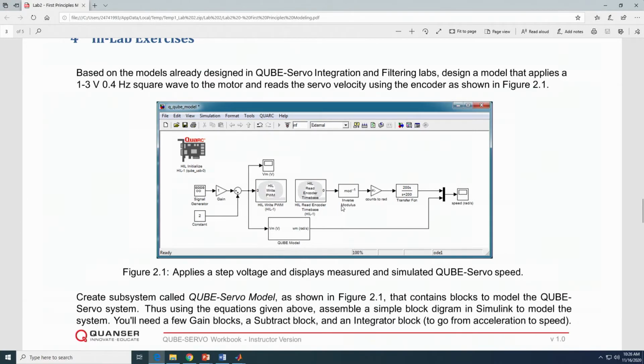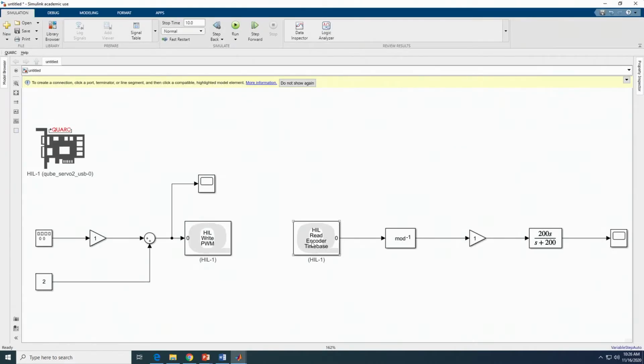So in this video, I'm just going to go over the experimental setup, and your TAs will discuss the theoretical simulated model with you in the class. This Simulink block basically represents the experimental setup that we have. All the blocks that we have in this block diagram are the same as the ones that we were using in the first session. We have the same signal generator with the same square wave signal alternating between 1 and 3, and